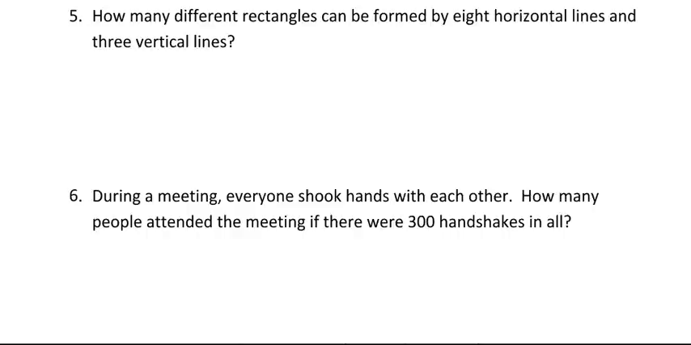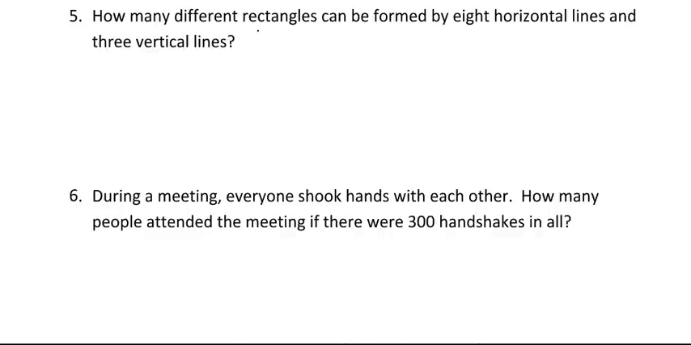In this last recording, we'll be looking at some combinatorics questions that have to do with some 2D shapes and that are not really the standard grouping of people or poker hand questions. So in number 5, we're asked how many different rectangles can be formed by 8 horizontal lines and 3 vertical